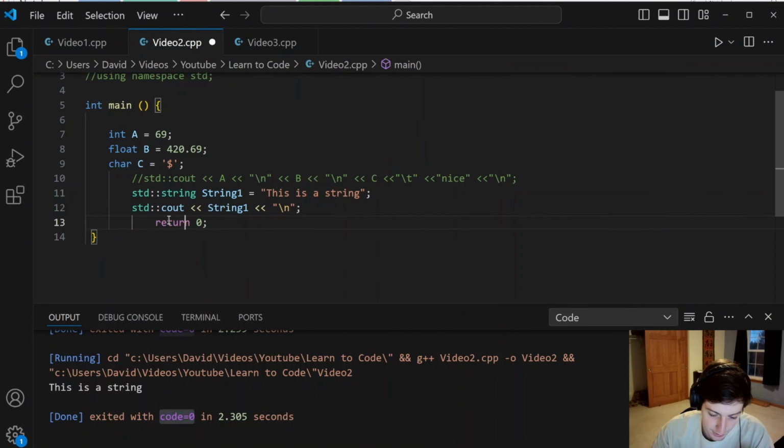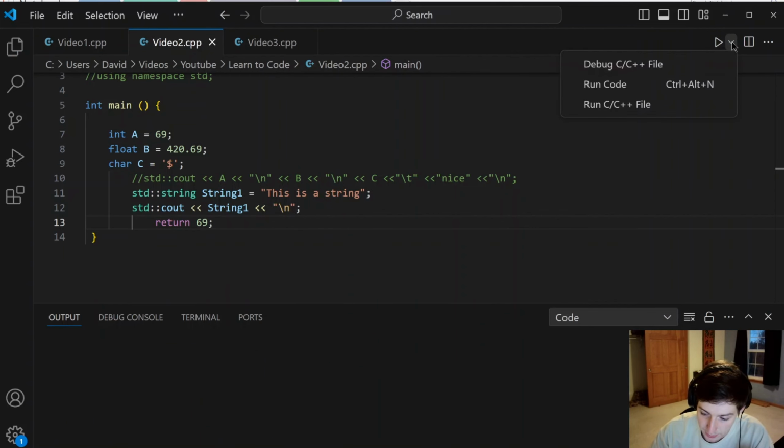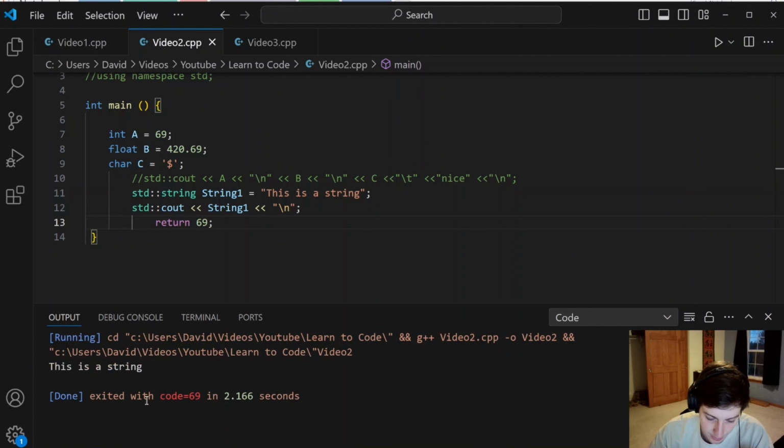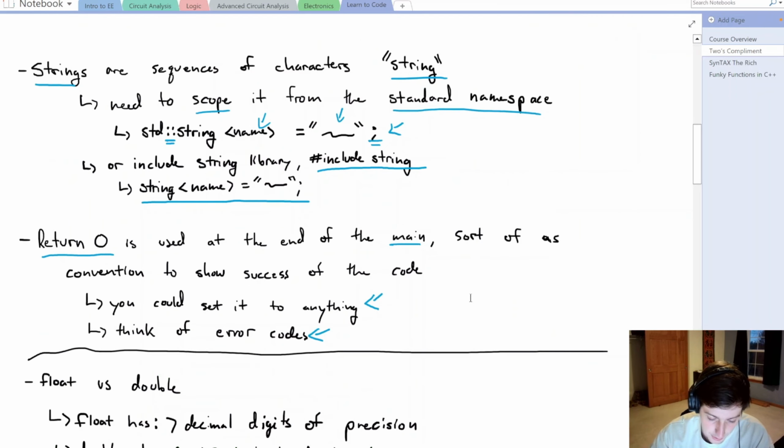So if we uncomment that, and let's return something else if the code is successful, clear our output and run it as we have. Now you can see that we exited with the code that we set here in the return value. So that's as much as we'll be using Visual Studio for this video, because we're going to jump